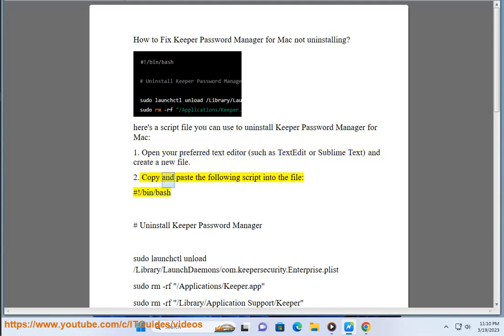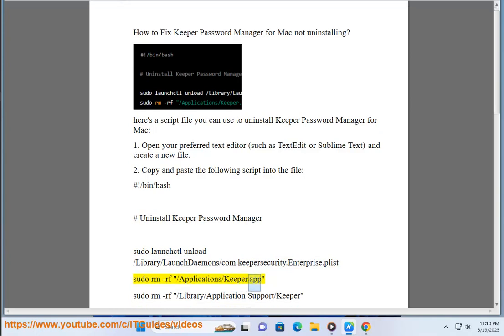2. Copy and paste the following script into the file: #!/bin/bash, # Uninstall Keeper Password Manager, sudo launchctl unload /Library/LaunchDaemons/com.keepersecurity.Enterprise.plist, sudo rm -rf /Applications/Keeper.app,